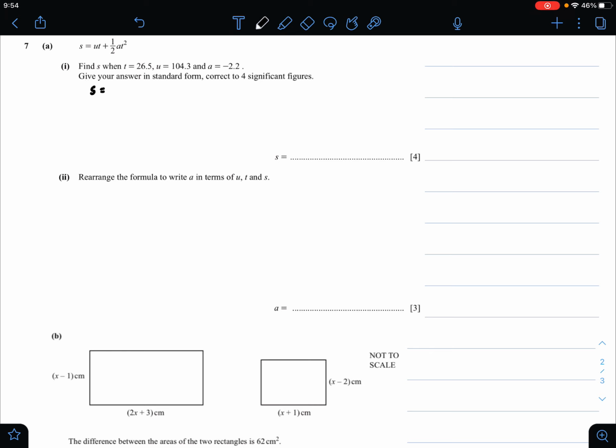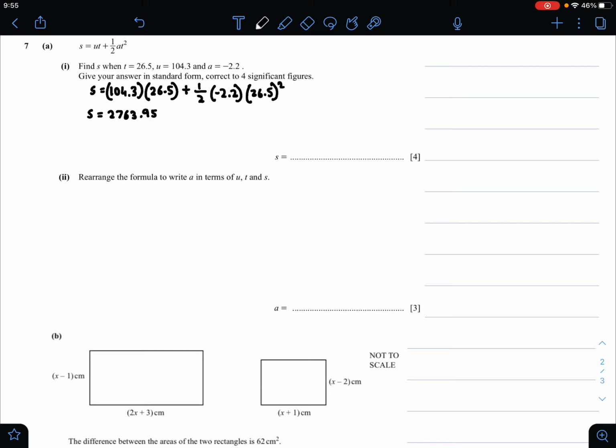So S is equal to, they've given us U as 104.3 multiplied by T, and T they've given us as 26.5, plus half multiplied by at square, and they've given us a as negative 2.2 multiplied by t square, and t is 26.5, so 26.5 square. So now all we need to do is work this out in the calculator. So 104.3 multiplied by 26.5 is equal to